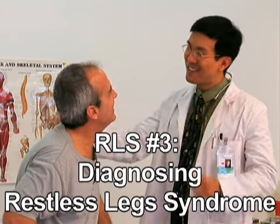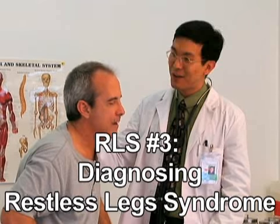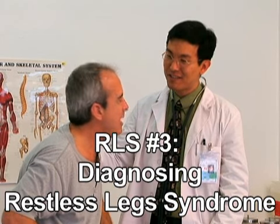If you're tossing and turning with leg pains, you may be a likely candidate for having restless leg syndrome. But how will a doctor know for sure? There is currently no definitive diagnostic test for restless leg syndrome. For this reason, a patient's description of his or her symptoms is vitally important to a correct diagnosis of the